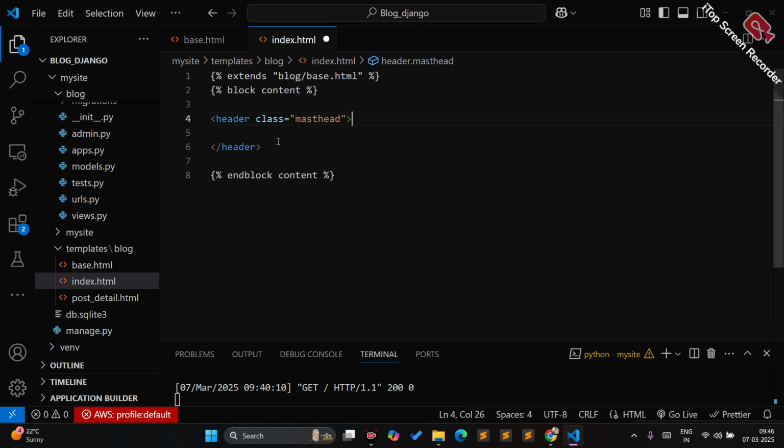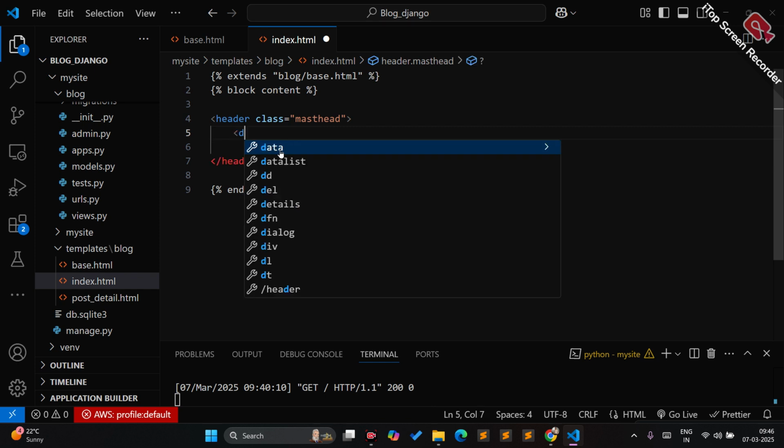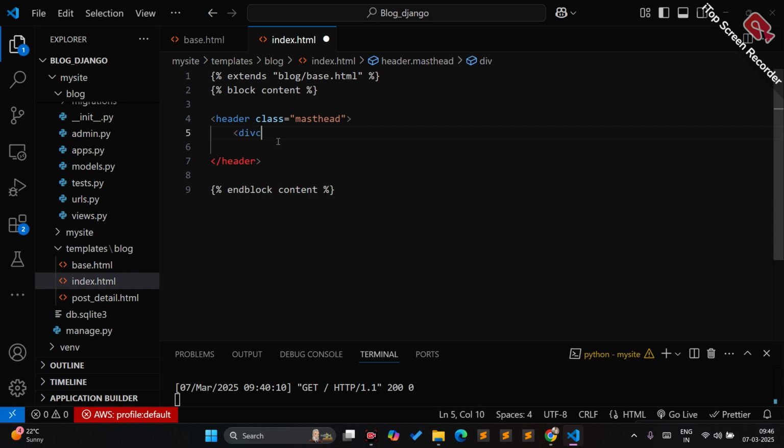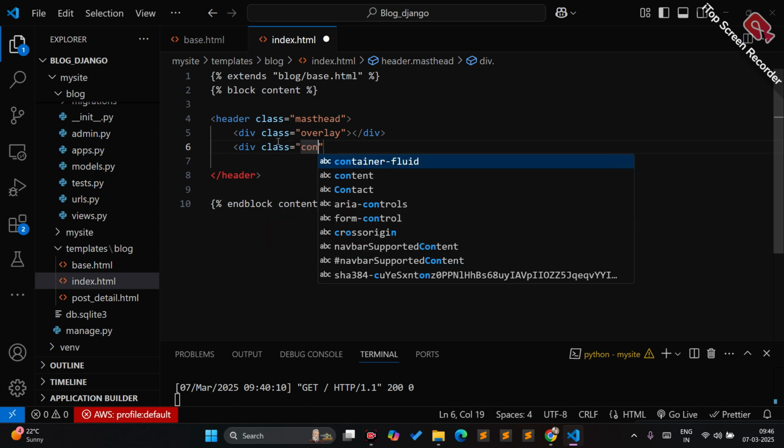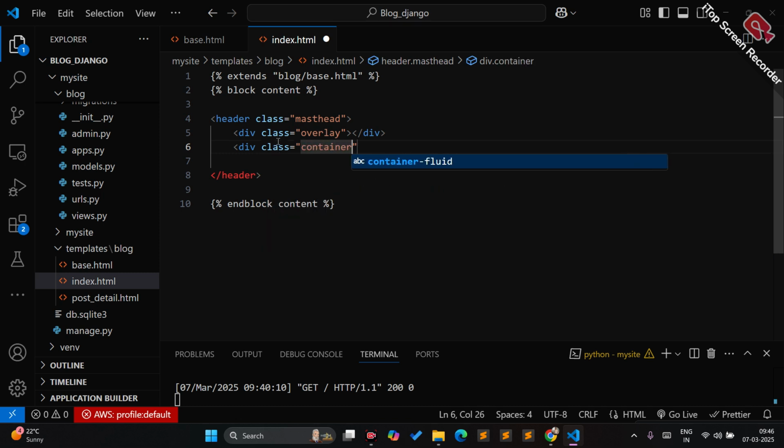Then after this we will have a division of class overlay, and I'll end it here itself. Then I will have a division of class container,